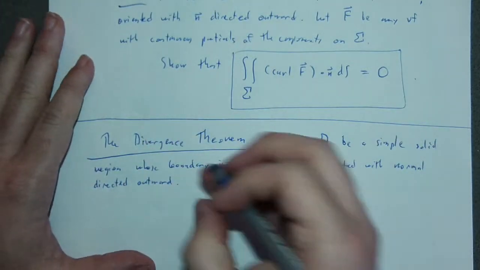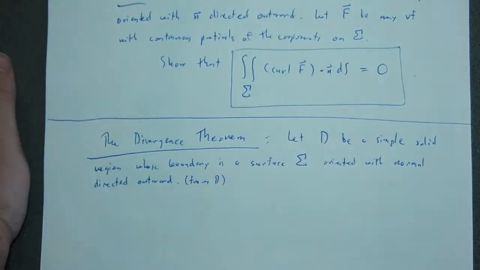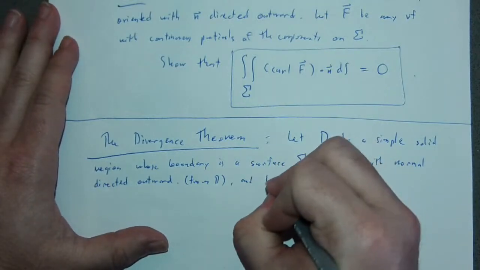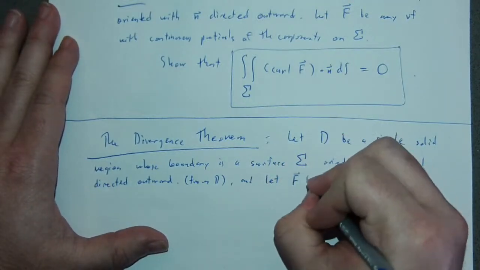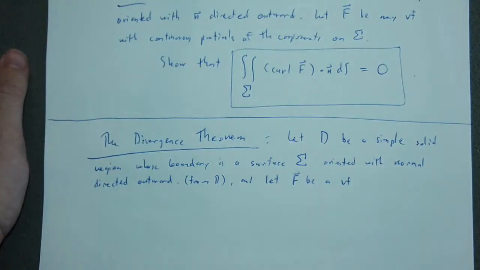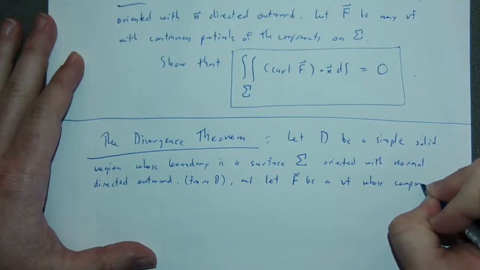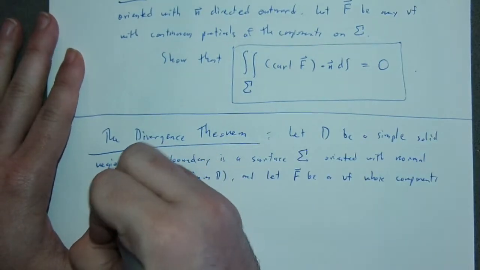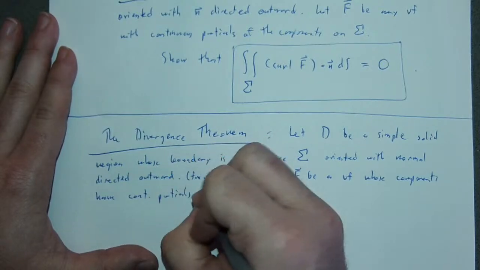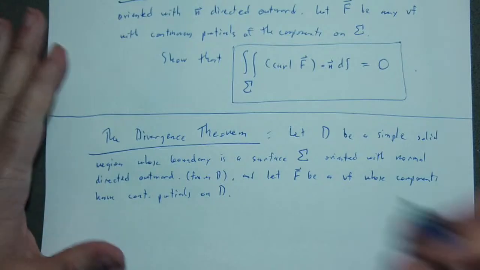Okay. That is outward from D. And that's our perspective. And let F be a vector field whose component functions have continuous partial derivatives on D. Then,